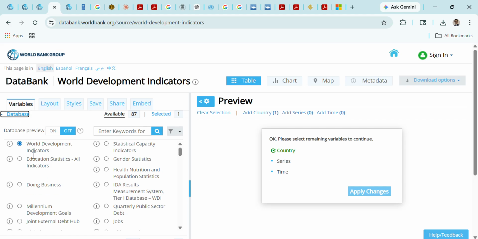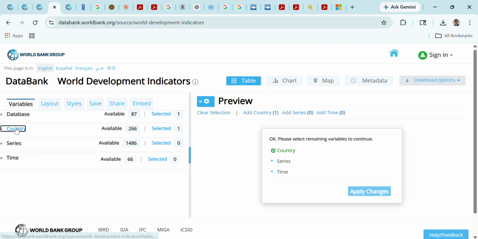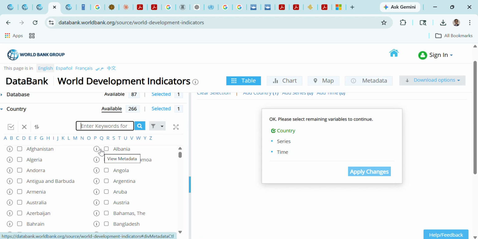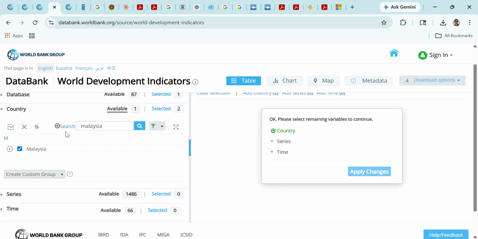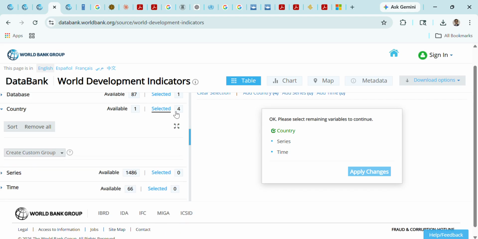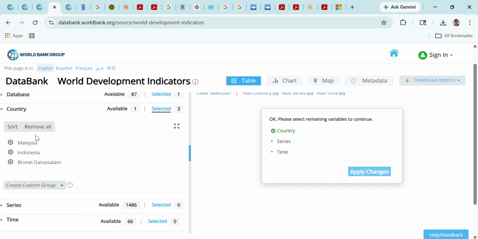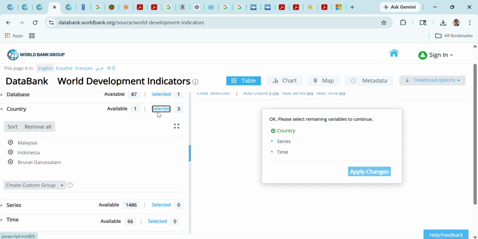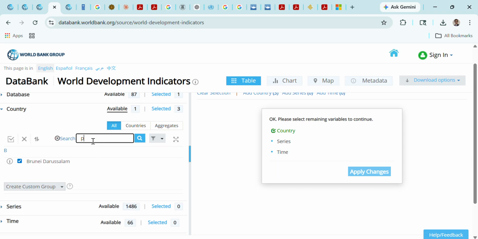After you click the database, you can choose the country. As I said, I wanted to choose ASEAN. So we put all the ASEAN countries, we search and then we tick. After Malaysia, we have Indonesia. You can do it even faster, but I'm just showing here for the sake of the slide. So we choose Brunei Darussalam. As you are searching, there are 3 here, so yes, 3 available. We have Malaysia, Indonesia, Brunei, and then we got